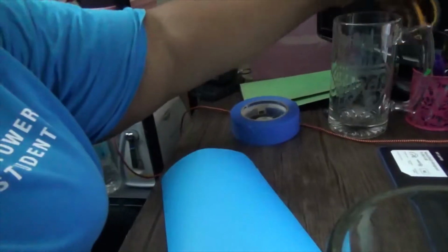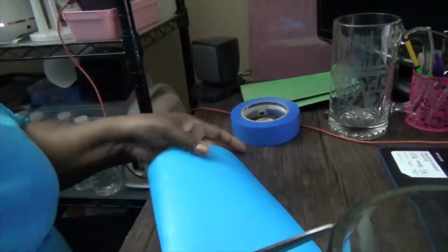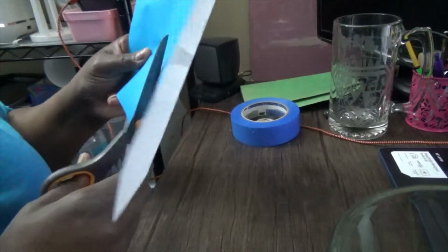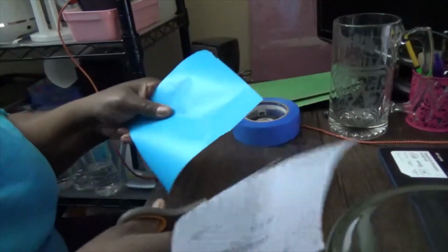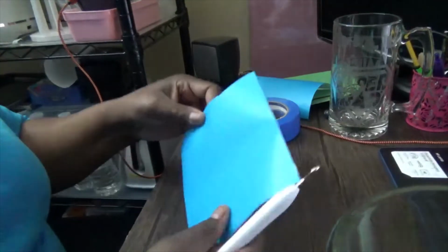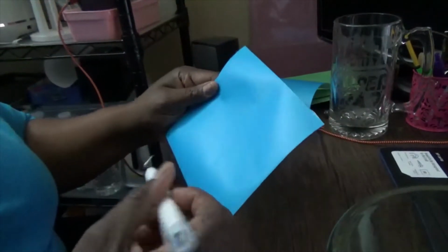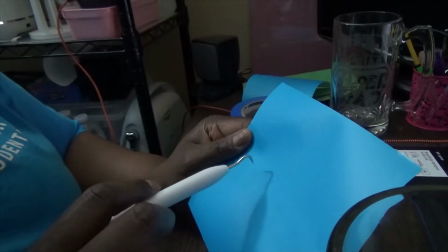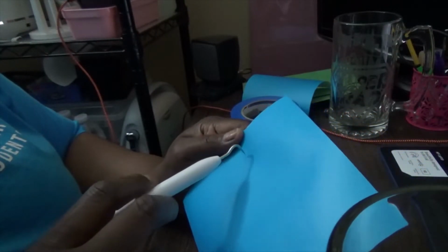And then I'm also going to grab some scissors because I only want to work with the one design. So I'm going to cut it out because they're going to be on 2 different cups. So set that to the side, and I'm going to have this. I want this to be weeded well. So I'm going to pause this and then we'll come back and I'll show you how